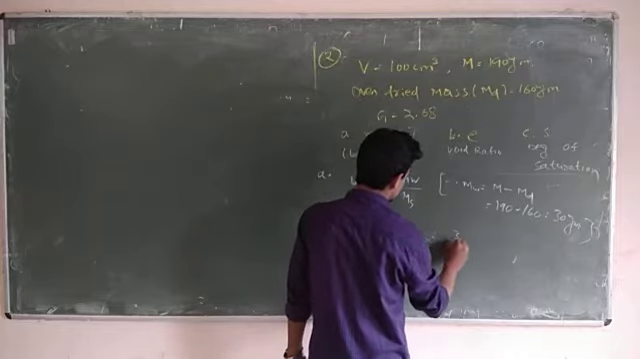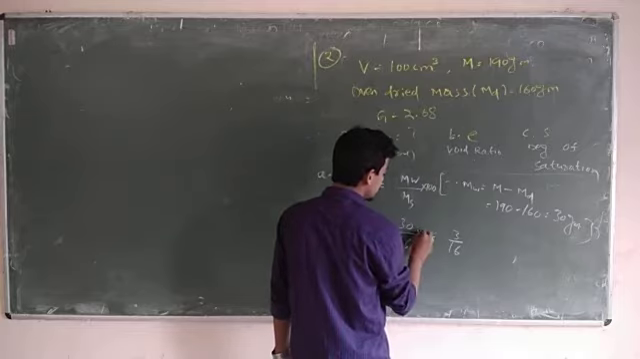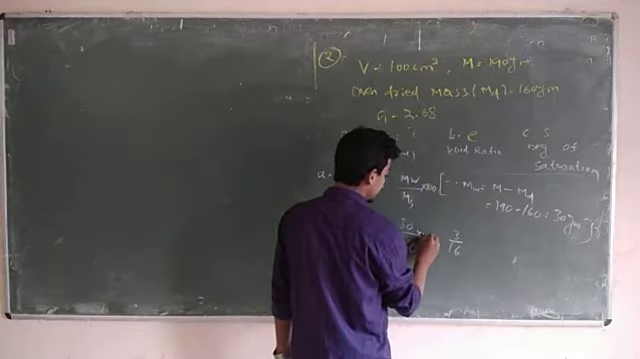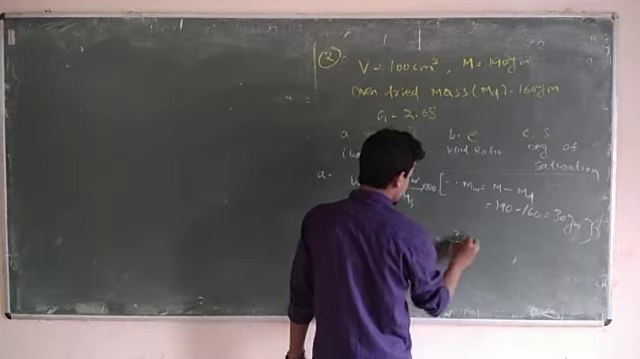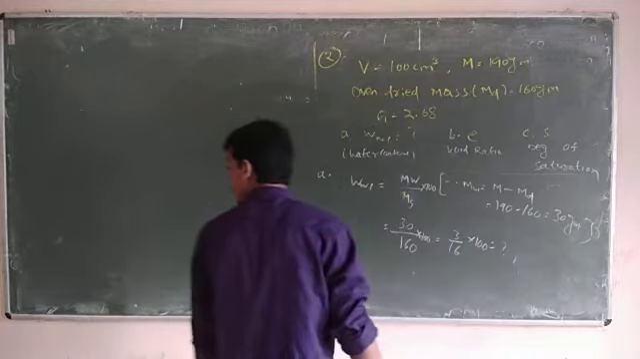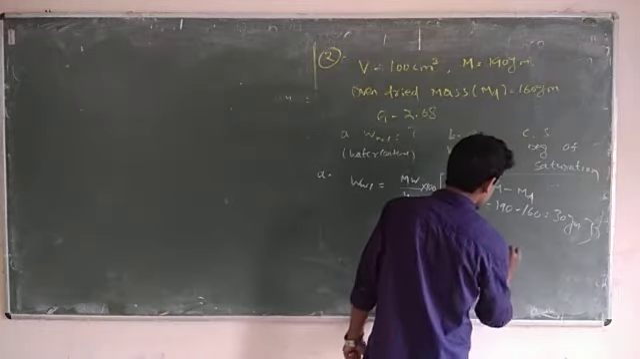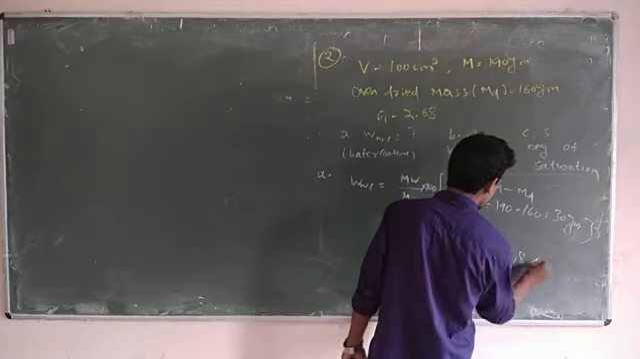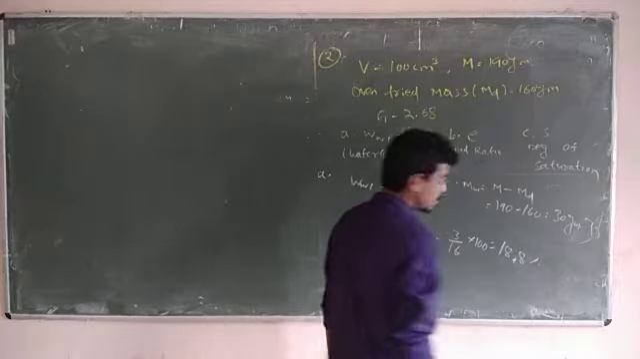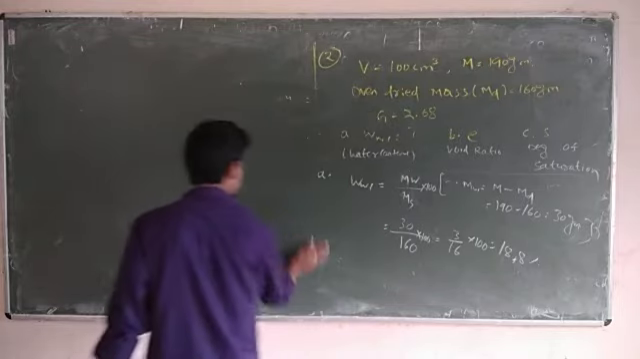So it is 3 by 16. If you are calculating in percentage, just multiply by 100. 3 by 16 into 100. It will give you the answer of water content, that is 18.8%. Okay, correct. Next,